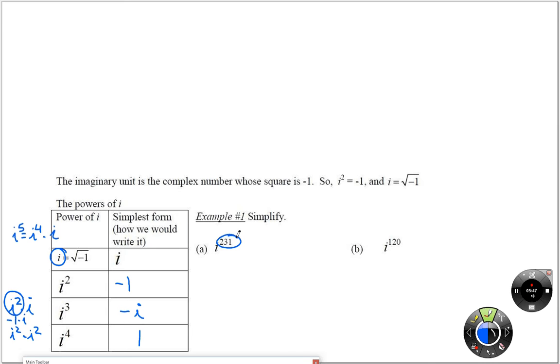So really I would want to think of i to the 231st as a bunch of i to the 4ths, right? As many as I can get out of there, because 1 times 1 times 1 times 1 times 1 isn't going to change anything. And then what's left after all those i to the 4ths? So I'm going to take 231 and divide it by 4, because I want to know how many powers of 4 to use. And I would get